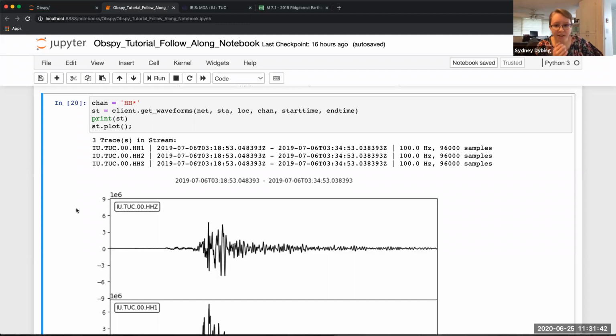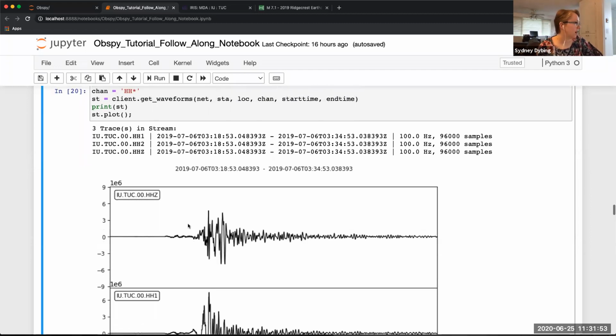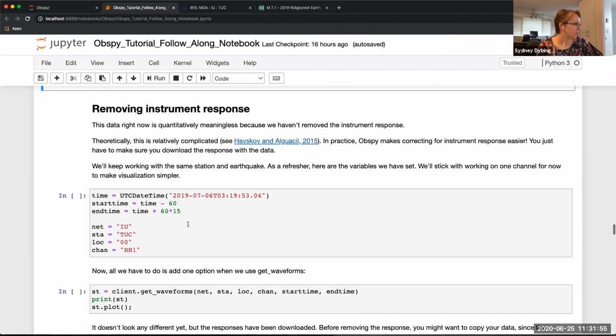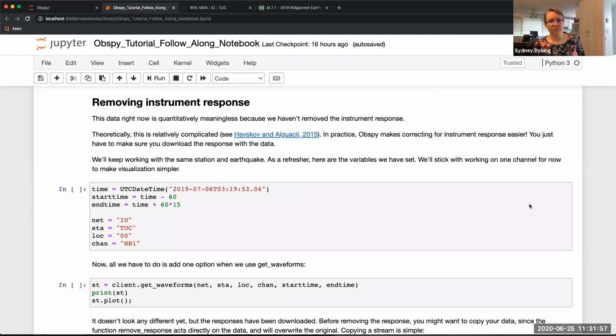Okay, so the next thing that we're going to talk about is how we remove the instrument response. Because right now we can't say anything about what's actually happening in units of ground motion on these plots. So I'm going to scroll down to the next section here. The reason that we have to do this is because of the way that seismometers actually record data, which